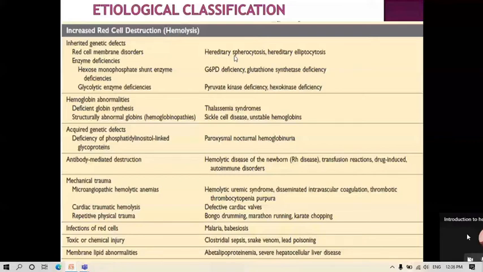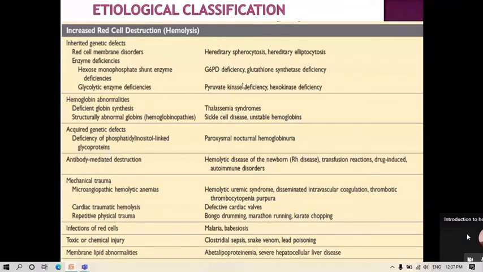Or the Kupffer cells, when they are passing through those channels, those Kupffer cells take bites from those spherocytes, leading to very small cells known as microspherocytes. Another is hereditary elliptocytosis. That is again a problem in the shape, so they will be destroyed. And there can be some enzyme deficiency like G6PD deficiency or pyruvate kinase deficiency.